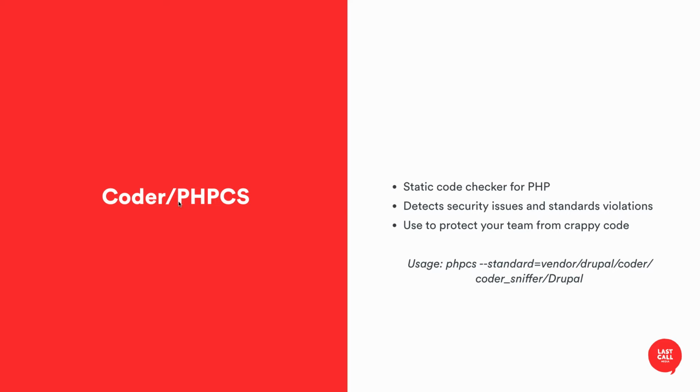Coder. So PHP-CS is a static code checker for PHP. The Drupal Coder module, or library, I'm not really sure which it is these days, is a set of rules for PHP-CS that essentially follow the Drupal coding standards. So it can do things like detect certain security issues if you're using database parameters in an insecure way, but also things like spacing and the little paper cuts that drive us all crazy. So we do this during our CI process, and